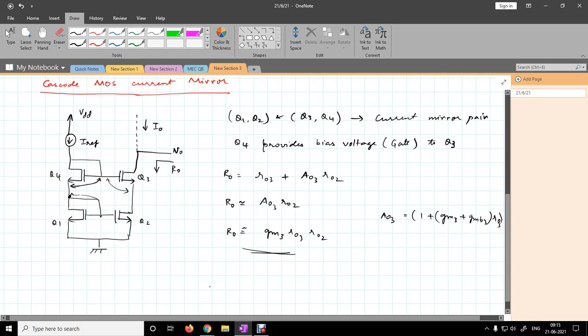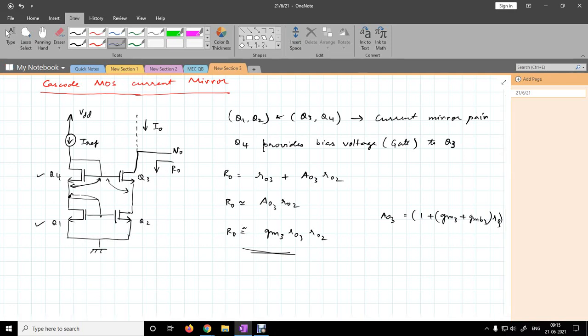Here we are assuming that the impedances seen by Q1 and Q4, these two transistors, are very small. Basically the impedances seen there are 1 by GM, which is a small value, right? So when the impedances seen here are small, then the voltages across them also will be small, which makes gate voltages of Q2 and Q3 appear to be grounded.